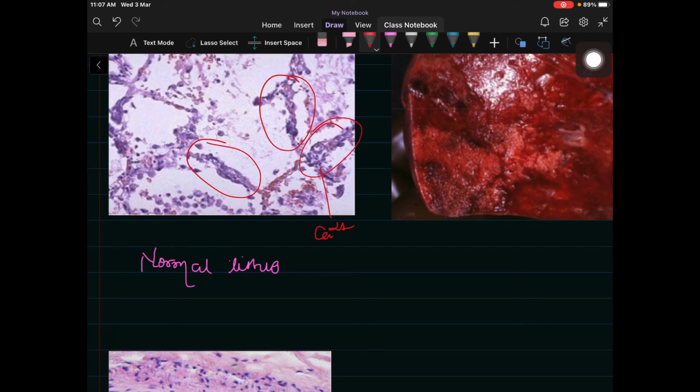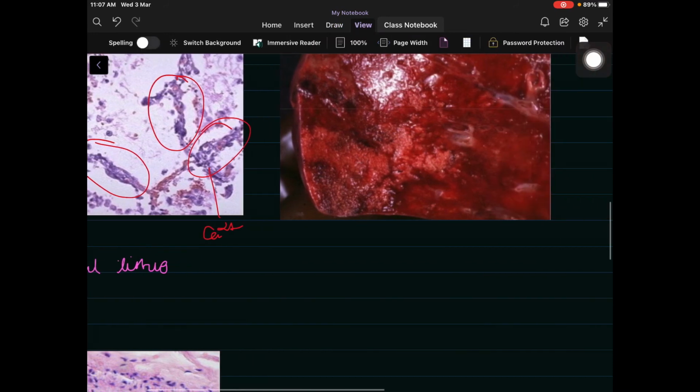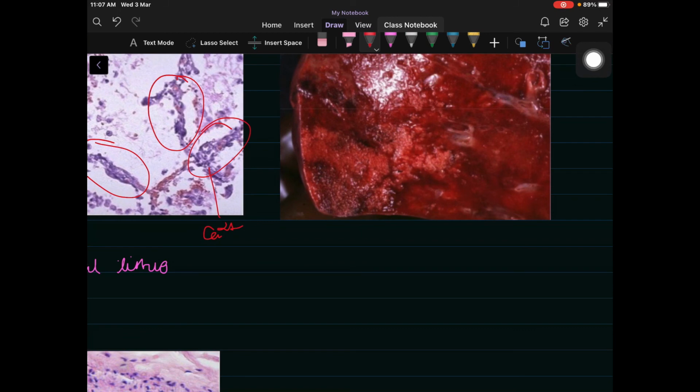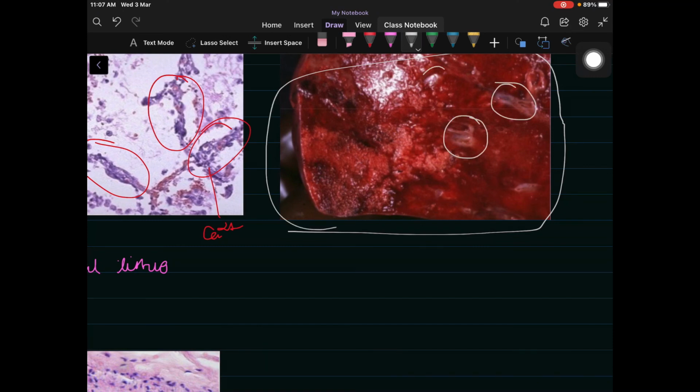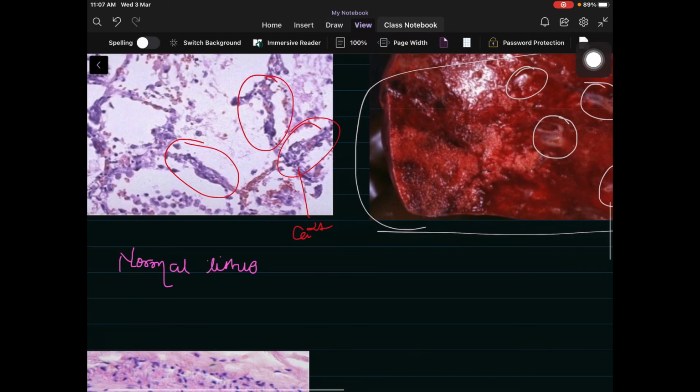We can see the purplish color, it is the calcium deposition. It is light blue to purple, which is stained with the hematoxylin and eosin stain. In the second picture, we can see that there is no harm to the tissue, but there is a slight calcium deposition in the tissue of the lung.